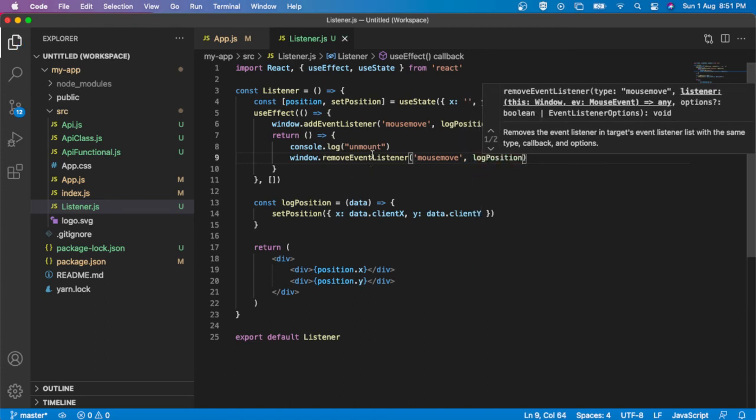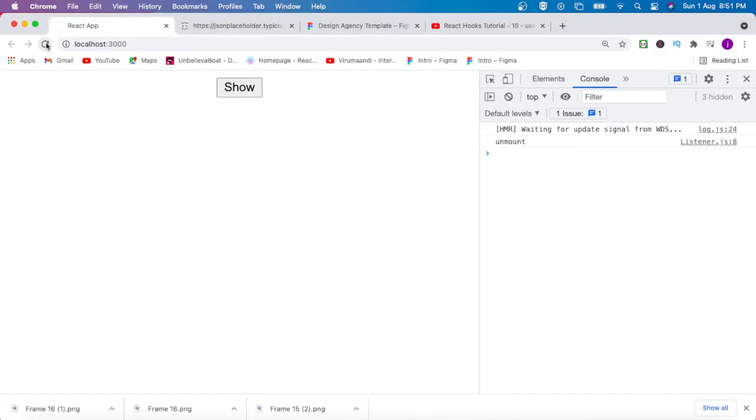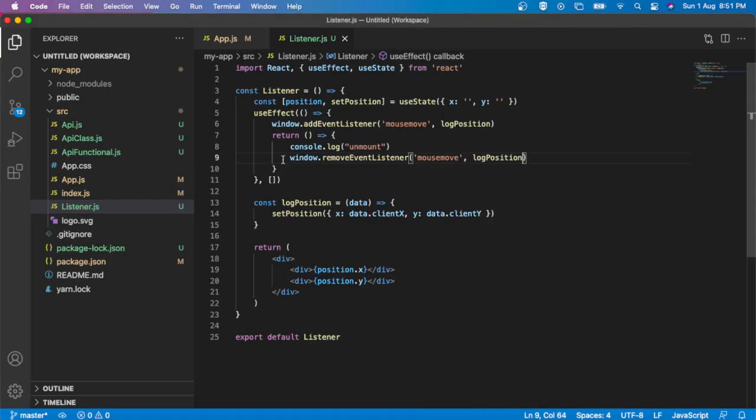So it will remove the listener on unmounting. Now if I refresh, show and hide, the warning will not come again because we have removed the listener on unmount. Clear? So this is how we use useEffect as componentWillUnmount. Okay, so we can jump into the next lecture.